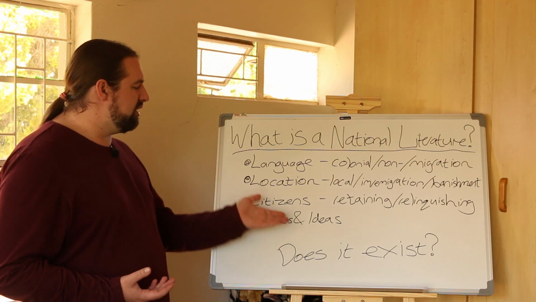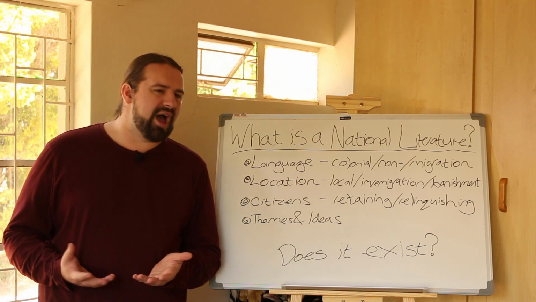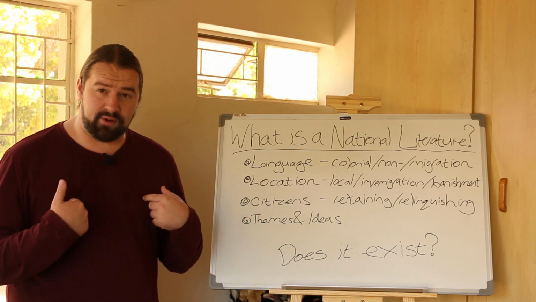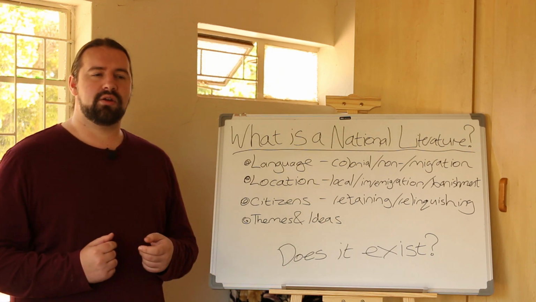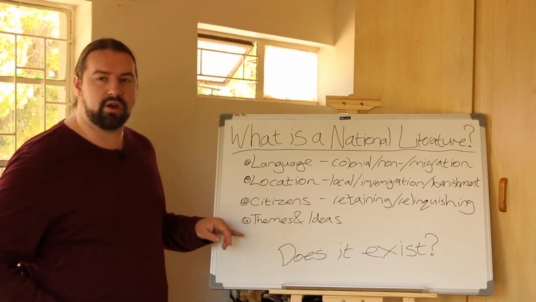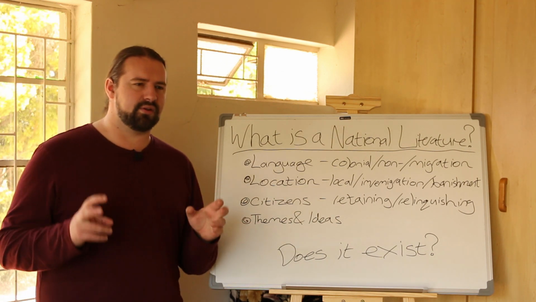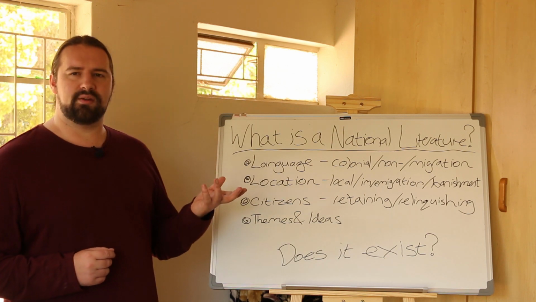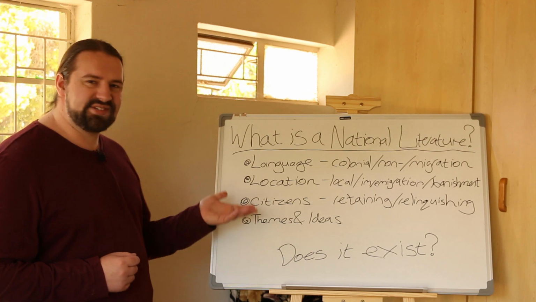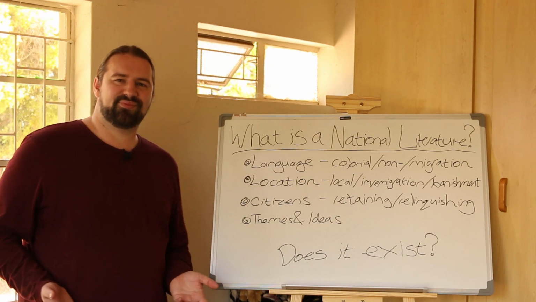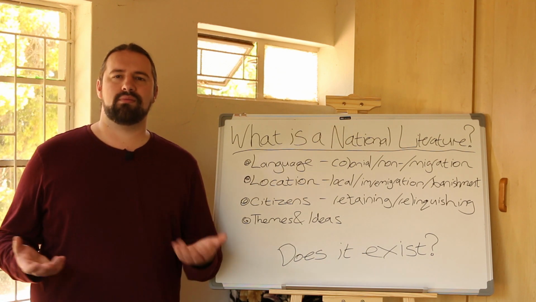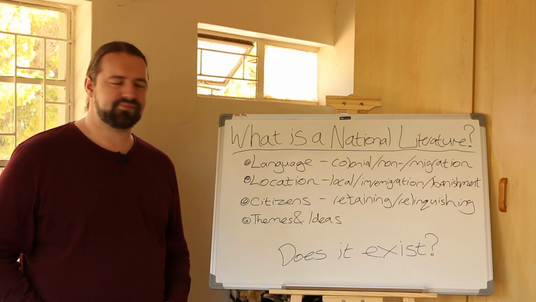So when we're looking at themes and ideas, why does it have to say... if I write a book that's set in America, I'm South African, but I write something set in America, is it still South African literature? It's about America. So the themes and ideas will not be South African, but is it? I don't know. This is weird and confusing. So that becomes an immediate problem, right? That these themes and ideas do not determine whether or not something is a national literature.